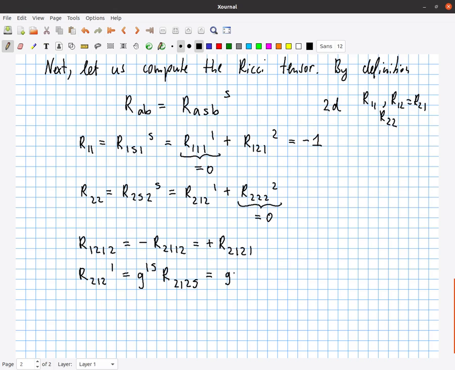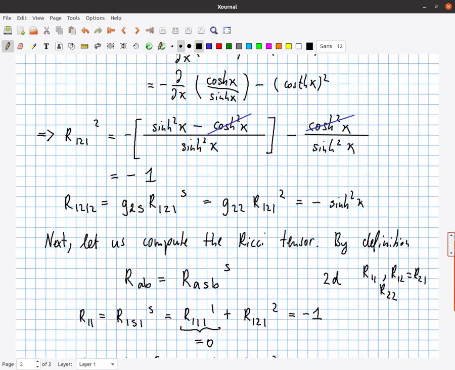This is G11 R2121 plus G12 R2122. G12 is 0 and R2122 is 0. This is 0 because if you swap those two indices, it's skew, hence it must be 0. Therefore, this is 0. So therefore, this component of the Riemann curvature tensor is